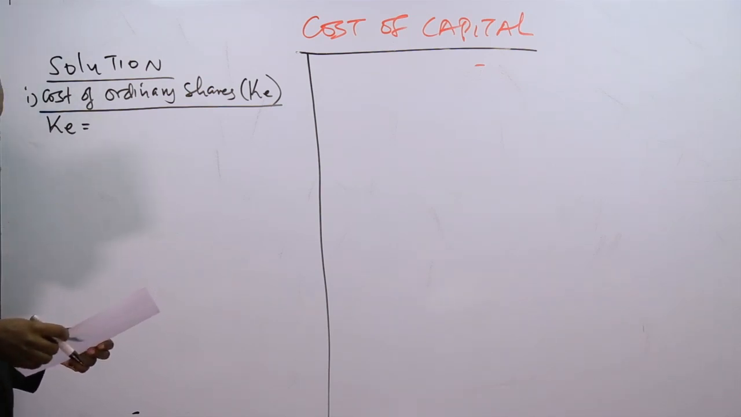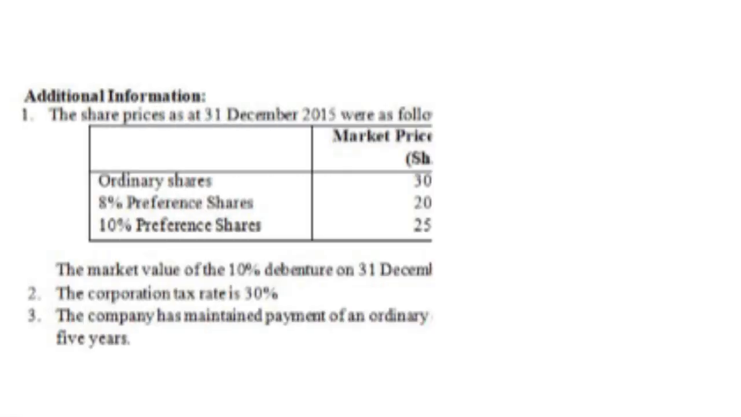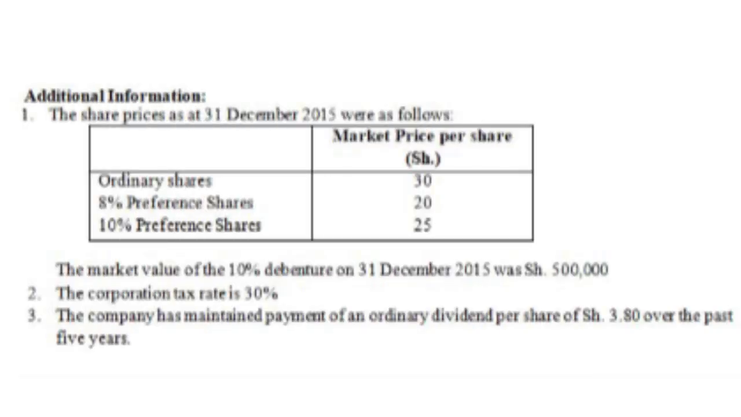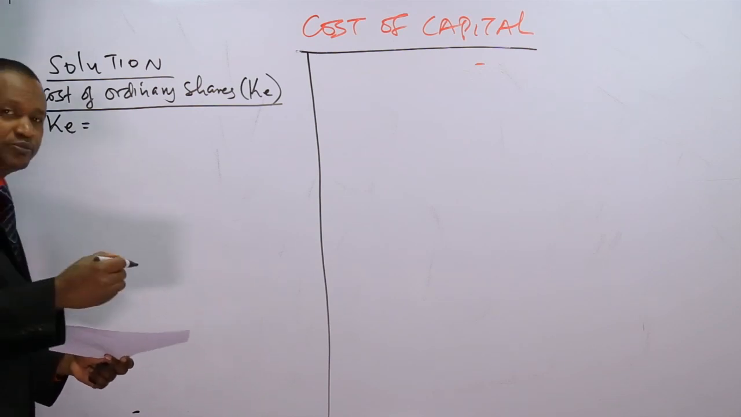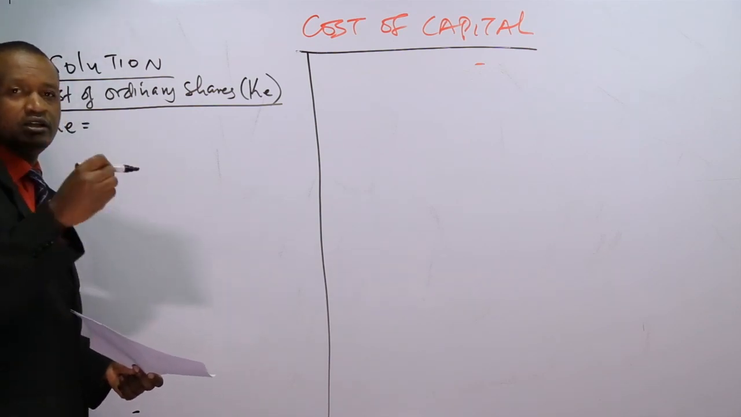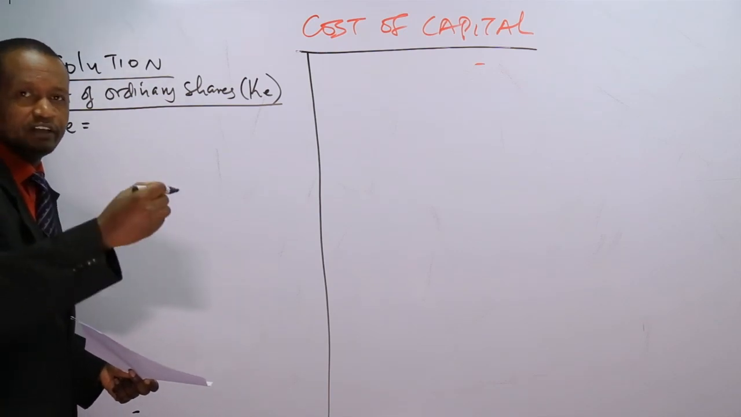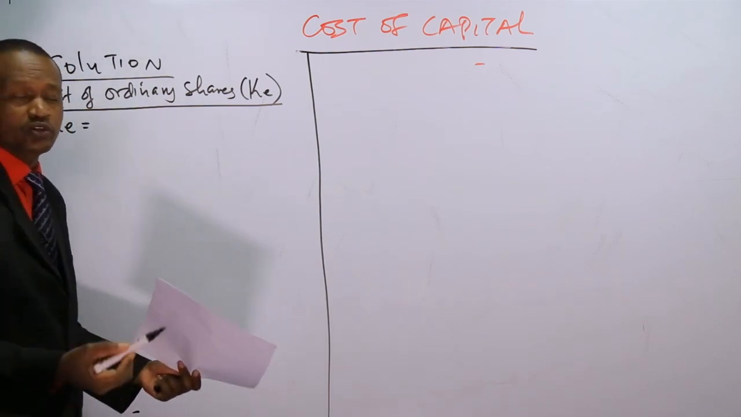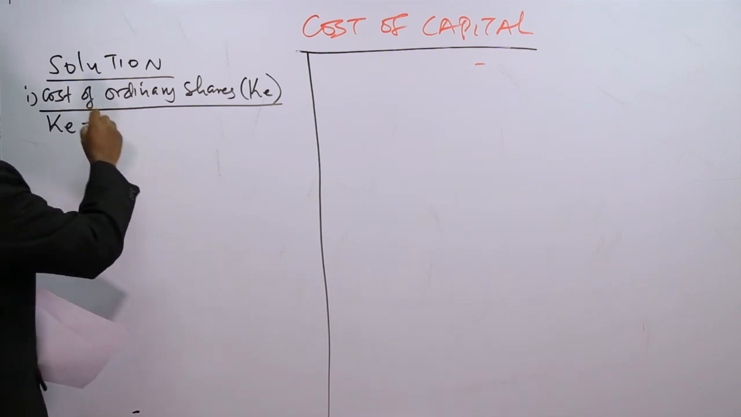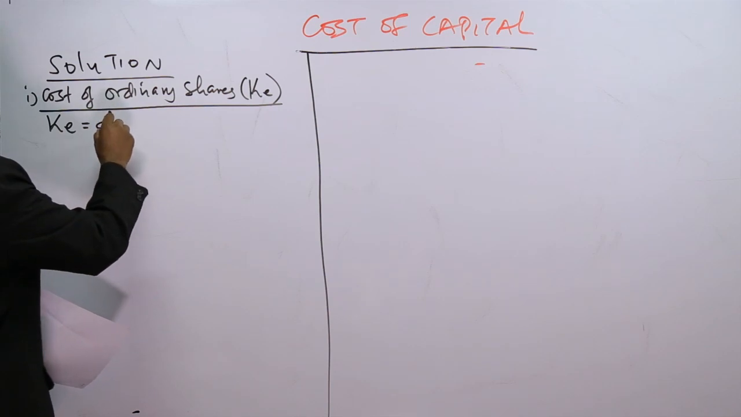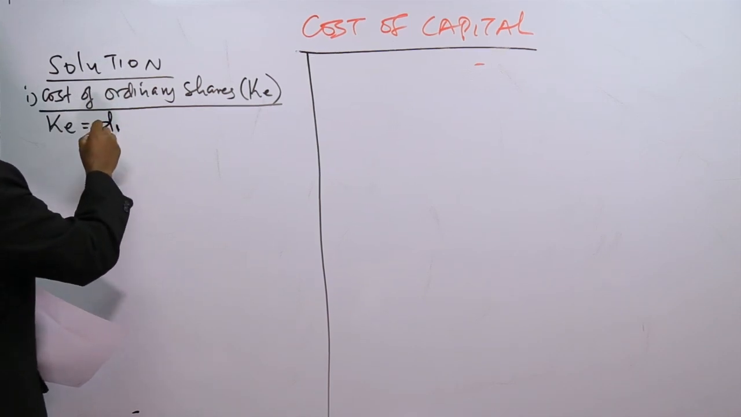And note number 3, if I'm to read it, it says that the company has maintained payment of ordinary dividend per share of 3.8 shillings over the past 5 years. So every year the company has been paying 3.8 shillings every year for the last 5 years. So there is no growth. So this is a zero growth firm, and the formula for a zero growth firm is